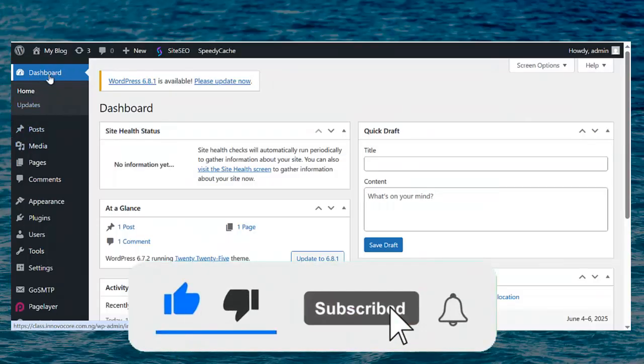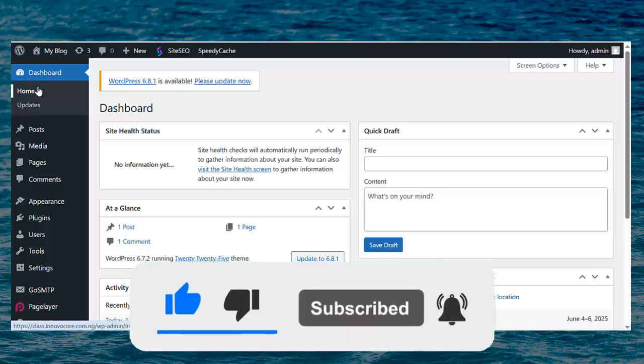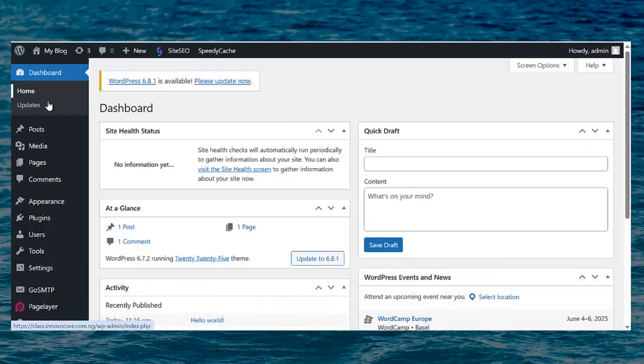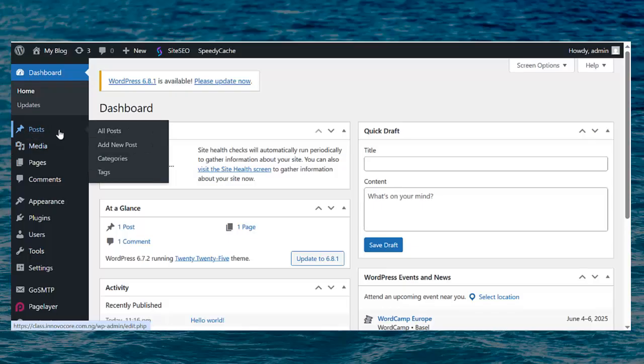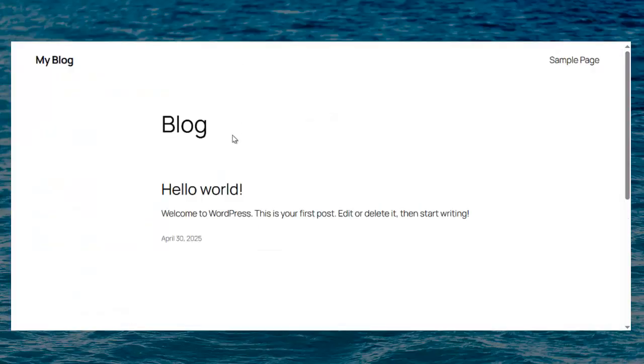So first, this is our dashboard, like a home where you can go back, and this is post. This is where you make all your posts. We click on it now, you're going to see a default post, a default post that is made automatically after installing WordPress. That should be this Hello World here. This is the default post, but